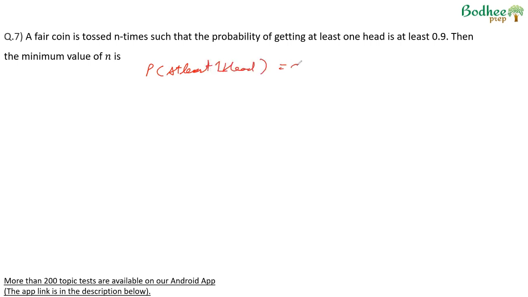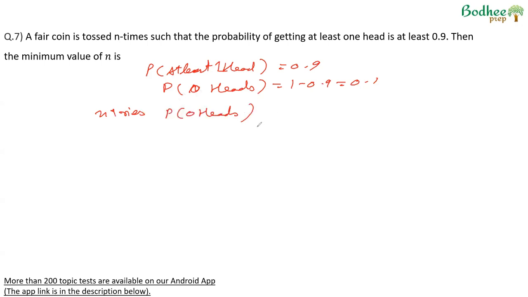At least one is 0.9. So can I not say probability of getting 0 heads is 1 minus 0.9, that is 0.1. Now if n tries happen and we are calculating the probability of getting 0 heads for an unbiased coin, when n